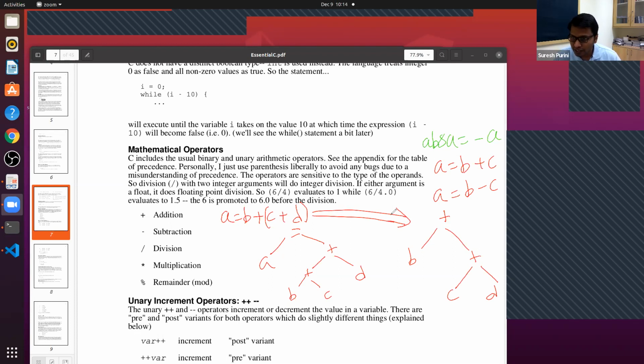So division and remainder also seem to be left associative. Left associativity is very simple. Let's say 1 plus 2 plus 3 plus 4 plus 5 plus whatever; if you keep adding from the left, then it is left associative, and if you keep adding from the right, it is right associative. And the C programming language by default does the computations from the left for addition, subtraction, division, multiplication, and even for remainder, it seems.